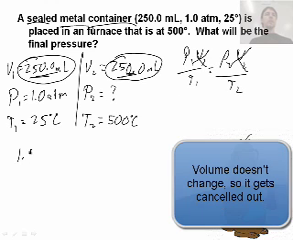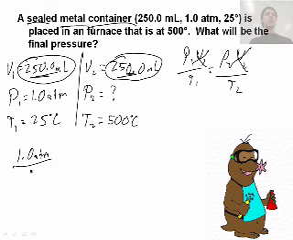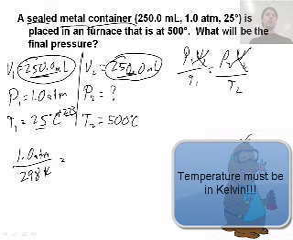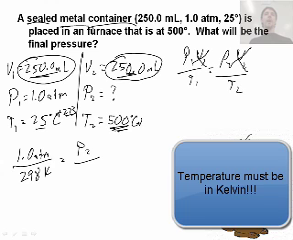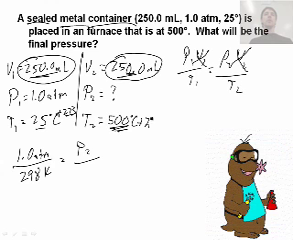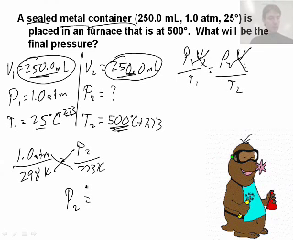So let's plug the numbers in. P1, 1 atmosphere, over T1. Oh, can't use 25, have to add 273. So that's 298 Kelvin. 25 plus 273 is 298. P2, don't know, that's what we're looking for. Can't use 500, we have to add 273, so that's 773 Kelvin. Cross multiply and solve for P. P2 equals 1 times 773 divided by 298 equals